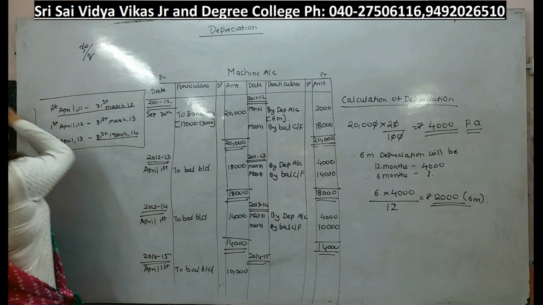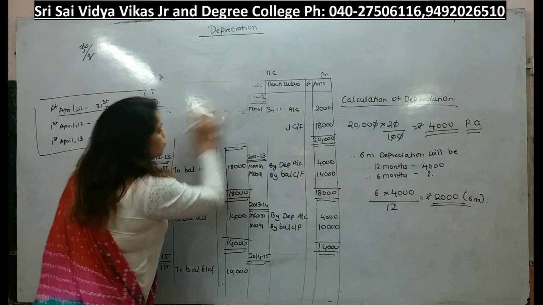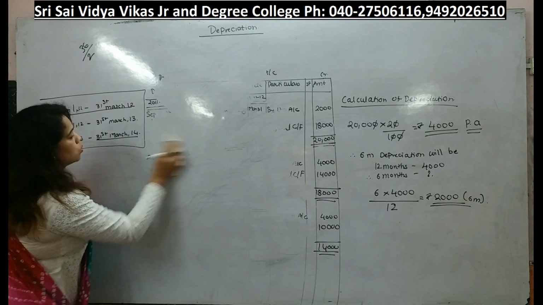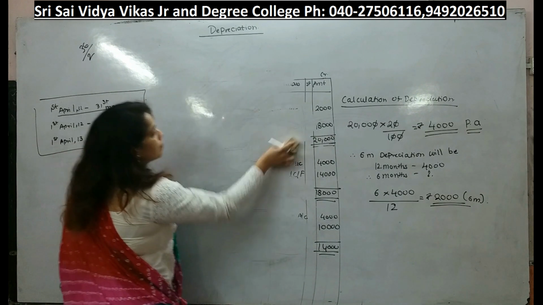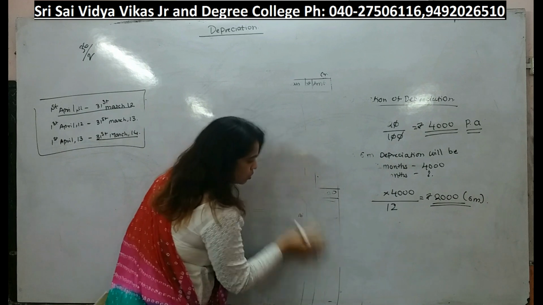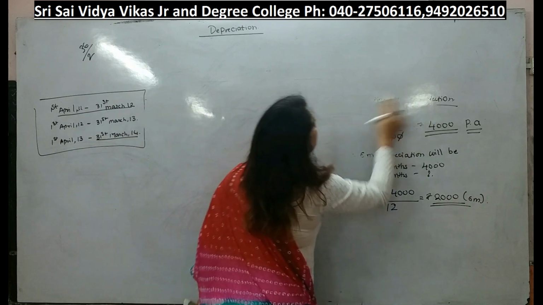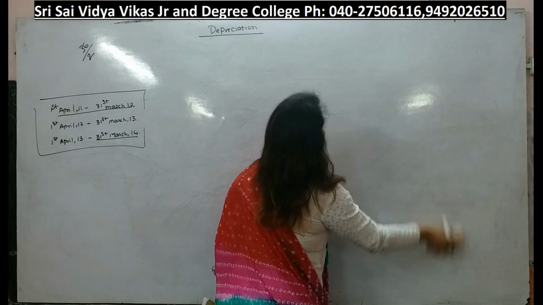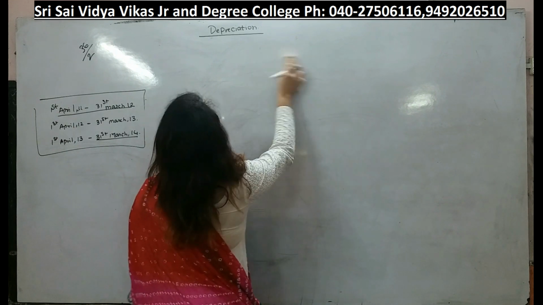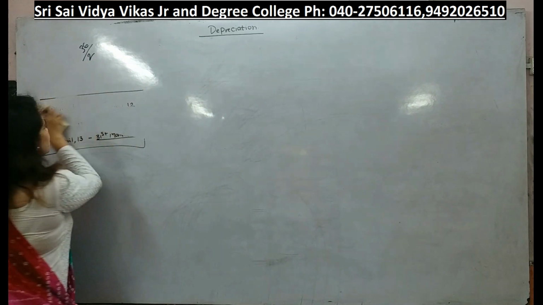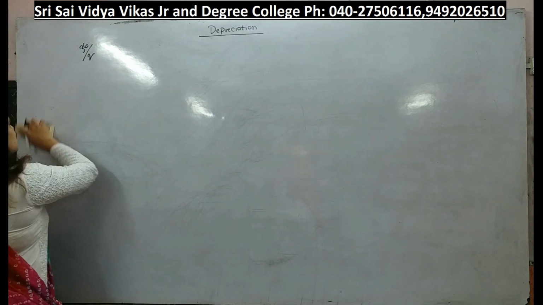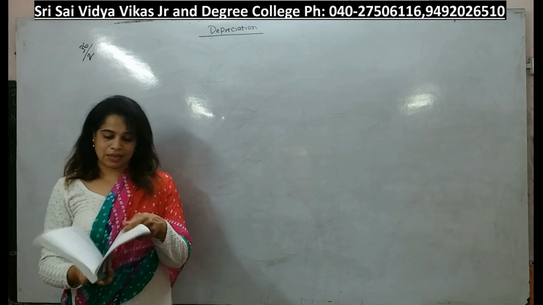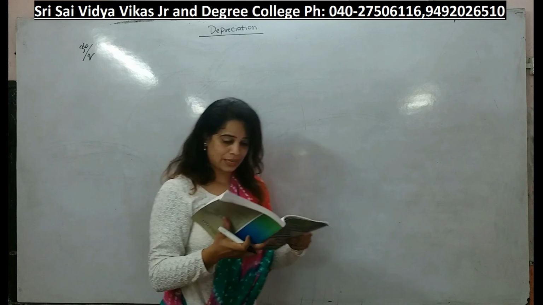Now we will do problem number 3 as well. Open page number 36. Problem number 3 we are going to do. This is also going to be very easy, students. What we need to remember is depreciation we are going to charge on a yearly basis. For 12 months we are charging the depreciation. And second thing, whenever we are using an asset, from that day itself the value will start decreasing. Problem number 3, students, pay attention.